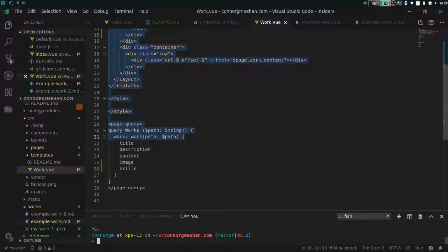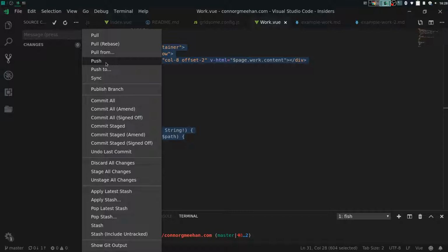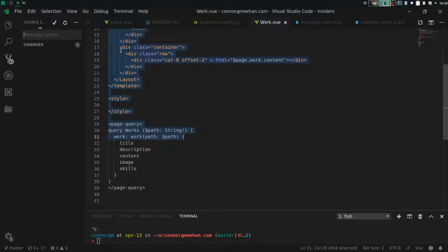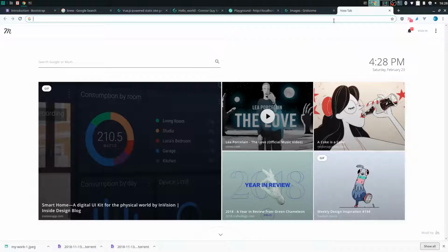Also notice I've made changes. I can update everything. These are the changes I've made. Save it. So this would be committing in GitHub Desktop, and then you push it and publish to master, whatever it's called, and it'll make the changes. And then if we go back to Netlify,